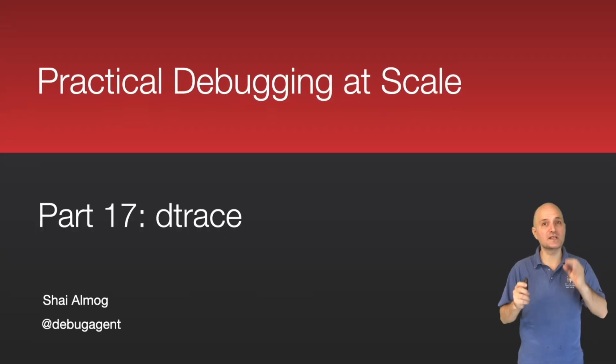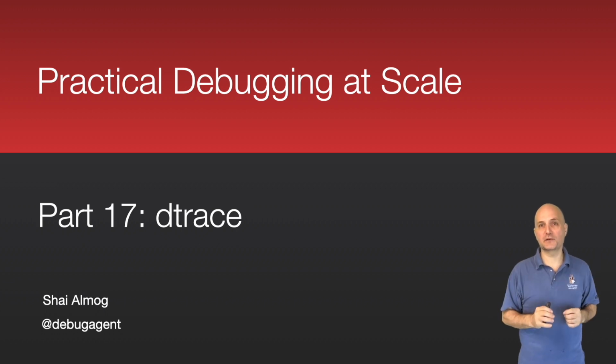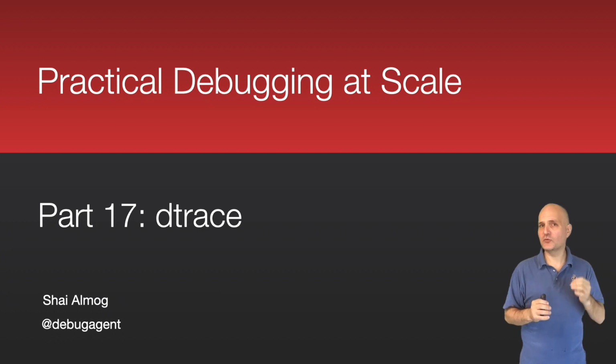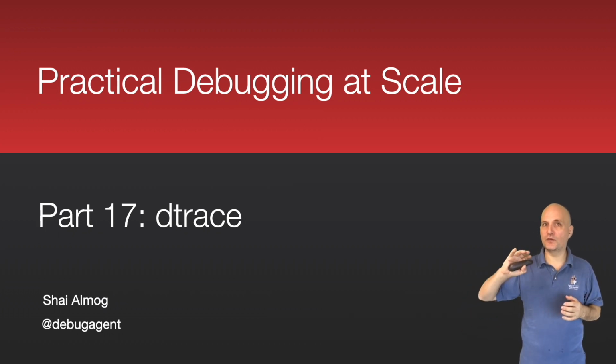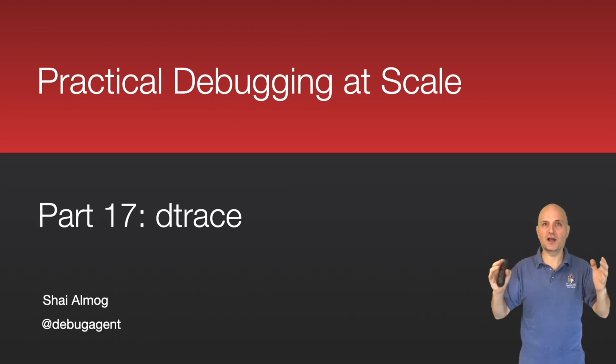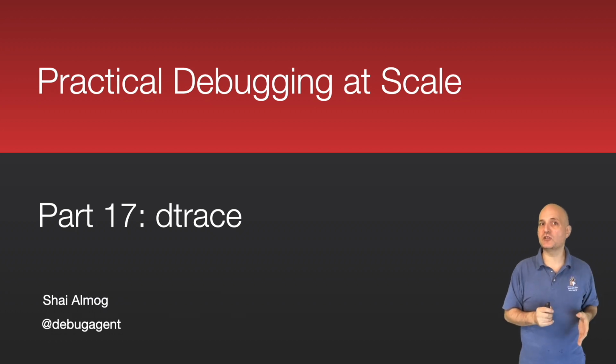Welcome back to the 17th part of Debugging at Scale, where we go deep into the Unix kernel and come back to tell the story. The debugger is the central piece of the debugging experience, but it's only one part of it. We sometimes need to step outside of the comforting embrace of the IDE to reproduce or track an issue. In this module, we'll review some tools you might find useful for these cases.